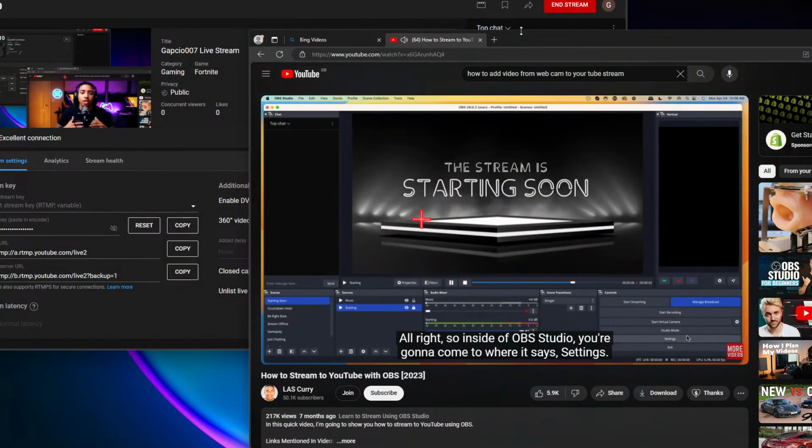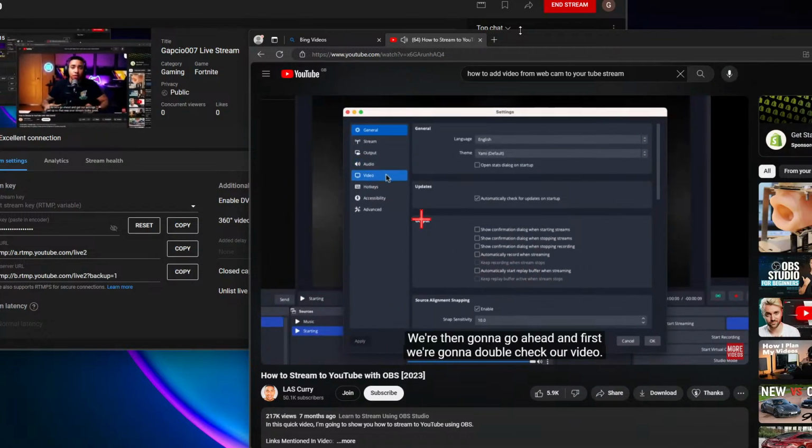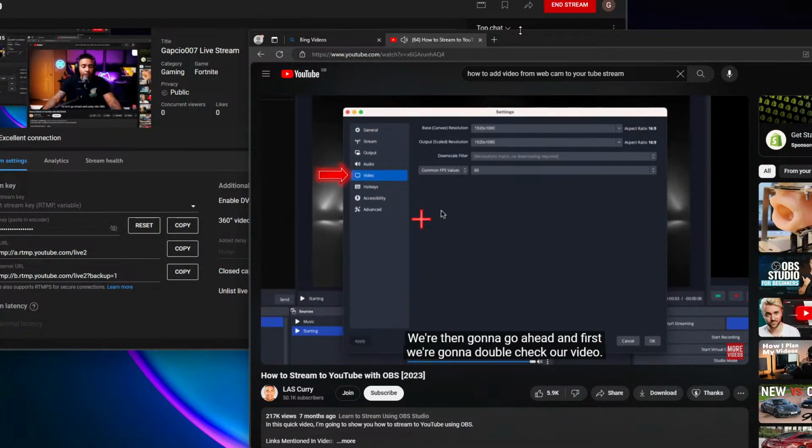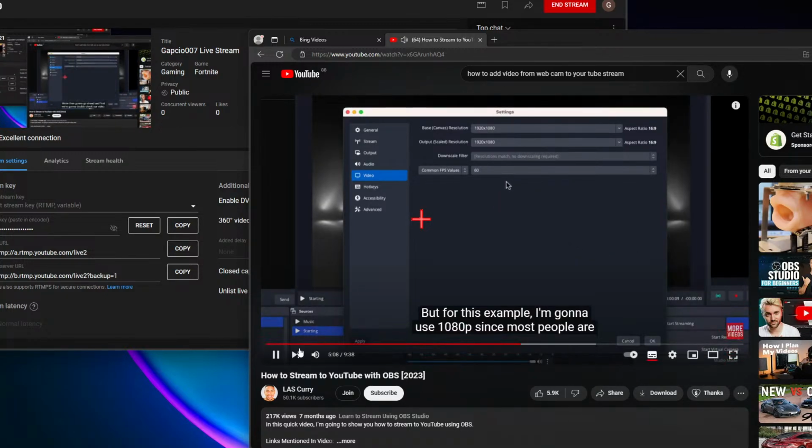All right, so inside of OBS Studio, you're going to come to where it says settings. We're then going to first double check our video. So on YouTube, you can stream higher than 1080p quality. But for this example, I'm going to use 1080p since most people are going to watch your stream on mobile and